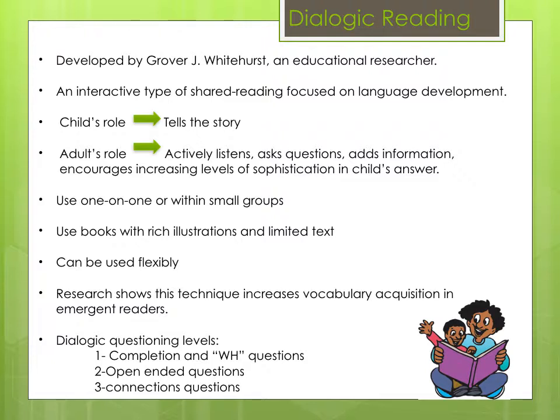So it's really important to use this one-on-one or within small groups for that reason. If you are doing this with a group of 30 kids, how many of them are you going to get to be able to speak during one dialogic reading? Probably not very many. And since the focus is on helping them practice their expressive vocabulary, it would make sense that you would do this one-on-one or with 3 or 4 children, where that would give a few children many opportunities to practice talking about what they're seeing in the illustrations on the page.